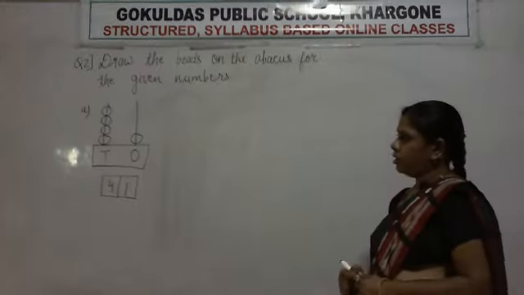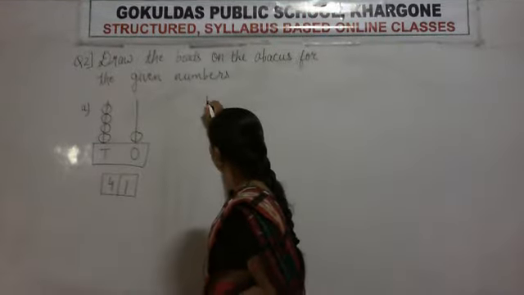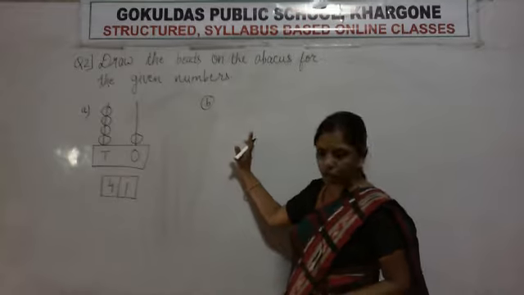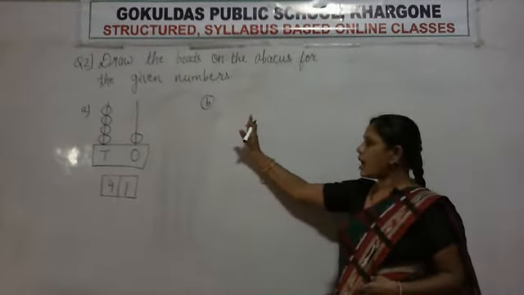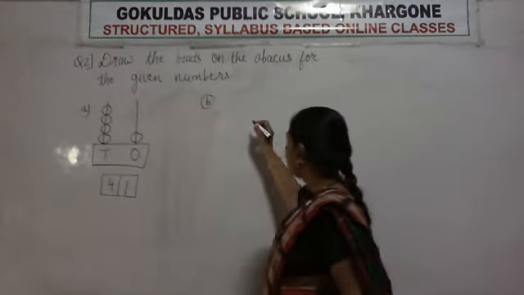Now, all of you have copied. Now, P. You can also write A this side and B this side. Okay? Just how I am writing, you can copy like this only. Now, the abacus is drawn.